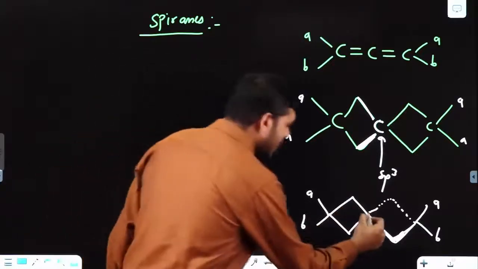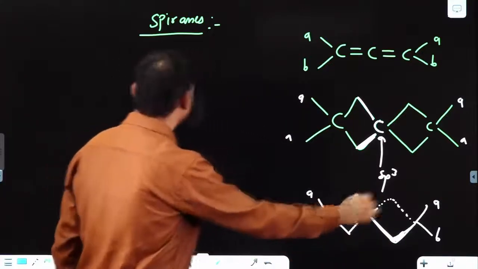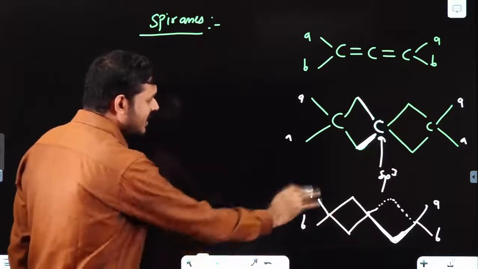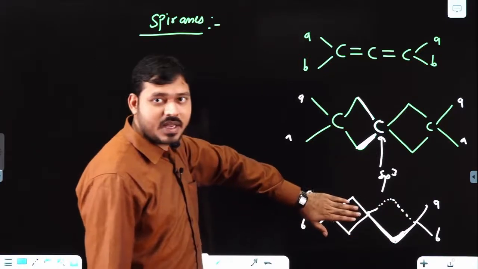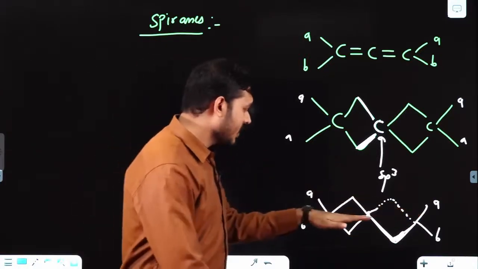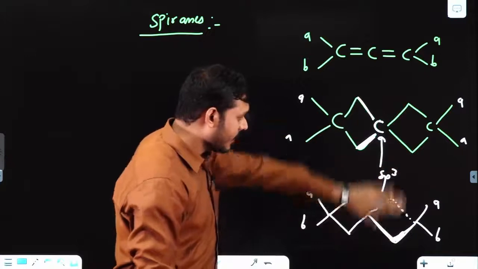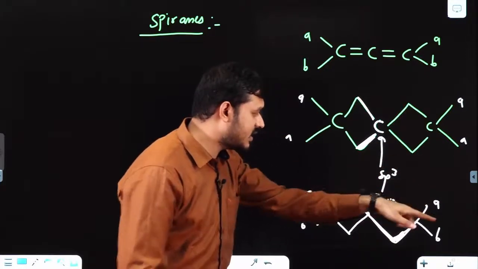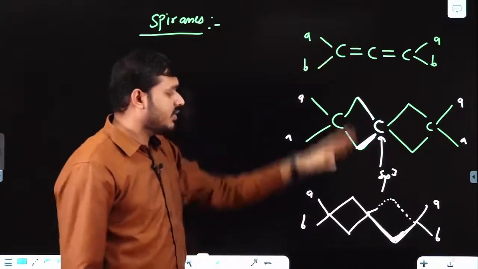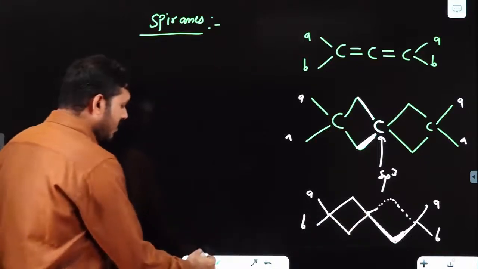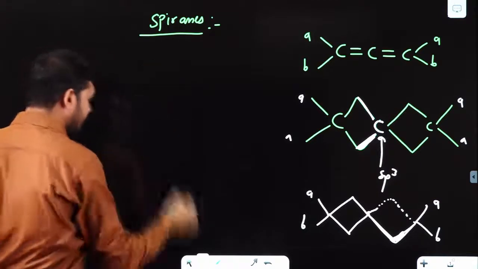Clear? This is your spiro, two rings connected by a 4-degree carbon atom. These are called spiranes. Okay, now if I say this particular compound, then as this ring and this ring are perpendicular, see this ring in the plane, then this ring is like this, perpendicular. So if I cut with respect to the plane, this part is that side and this B is this side, so this part will not be cut, this is cut then. So in that way, just like cumulenes, we need to understand this part. Okay, now let me give you a few examples to understand whether they are optically active or inactive. Let's see the example of spiranes.